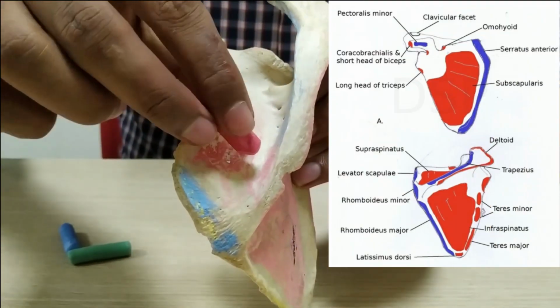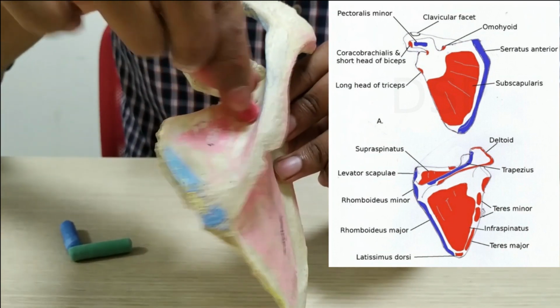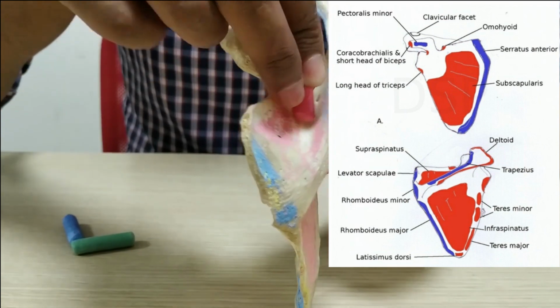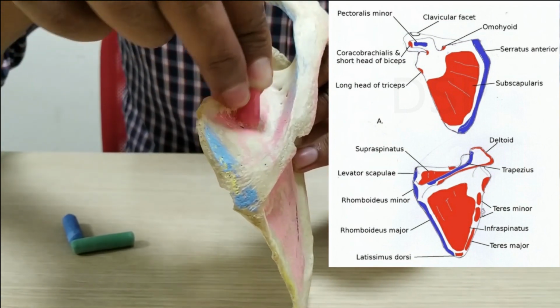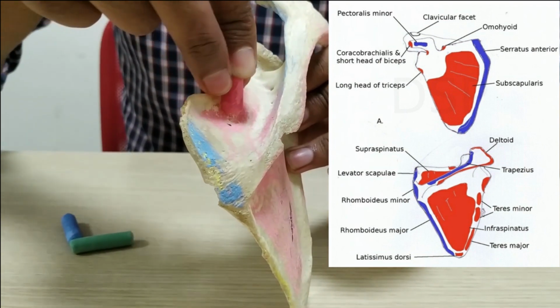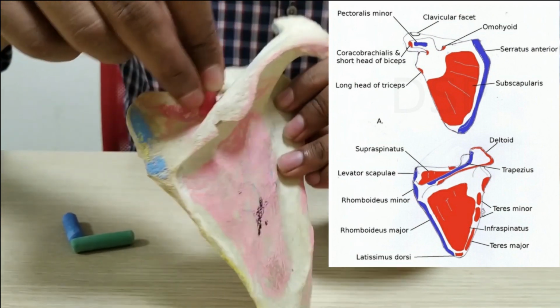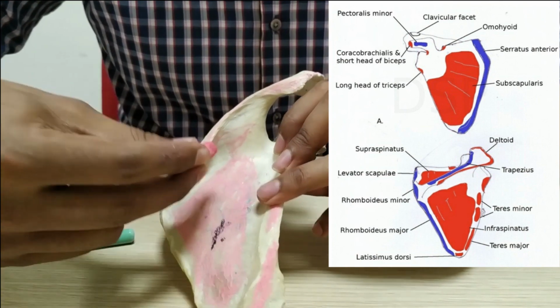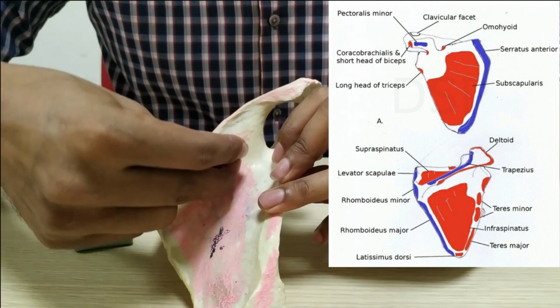So this structure of the scapula, the supraspinous fossa, including the upper surface of the spine, provides the origin of the supraspinatus muscle, and the medial 2/3 of the infraspinous fossa and inferior surface of the spine